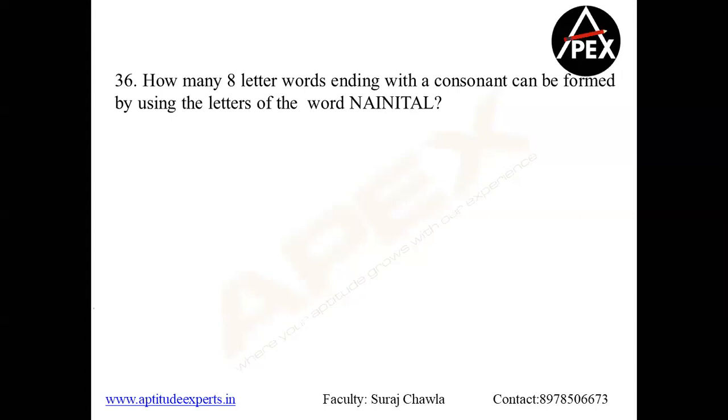Now we want it to end with a consonant. Let's start again, same concept, guys. 1, 2, 3, 4, 5, 6, 7, 8. These questions are really good and really tricky, so do not hesitate to spend around 10-15 seconds to simplify your calculation. Now consonants, we have N, we have T, and we have L. The one that is repeated, you can keep in one zone, and for these two, the same number of cases will appear.